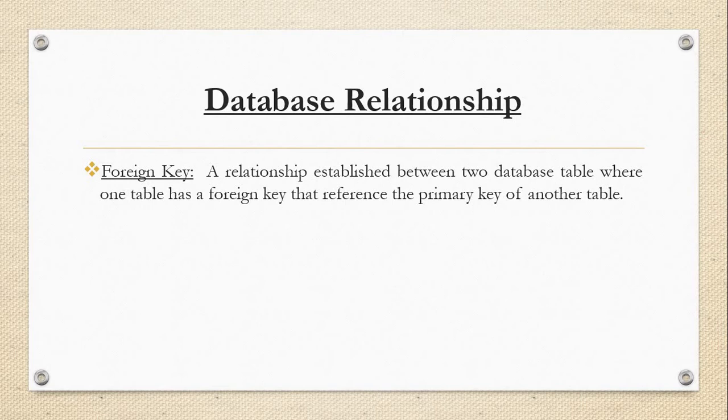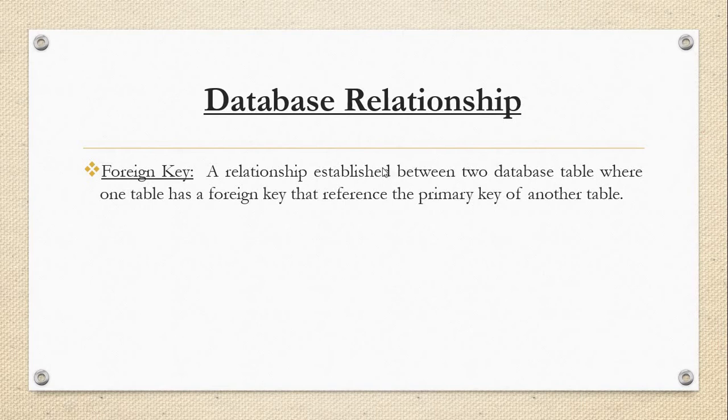So let's start. What about the foreign key? A foreign key is nothing but a relationship established between 2 tables. We all know that we can use a primary key in one table, and we can use another primary key in another table. If we have any reference of the other table in the first table, then in that case we create the foreign key. It's a common attribute. And why do we create the foreign key? Because we cannot accept multiple records inside one attribute. That's why we use the concept of foreign key.